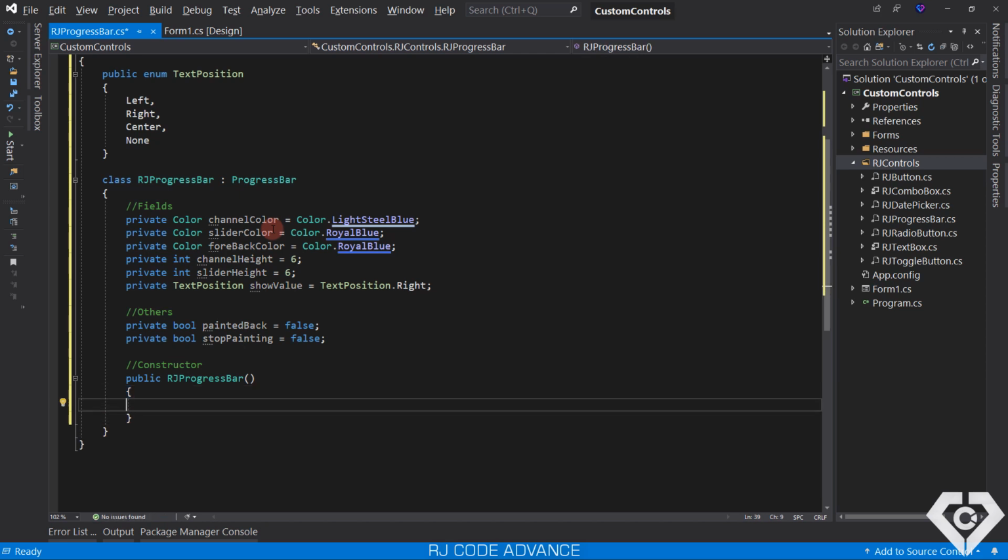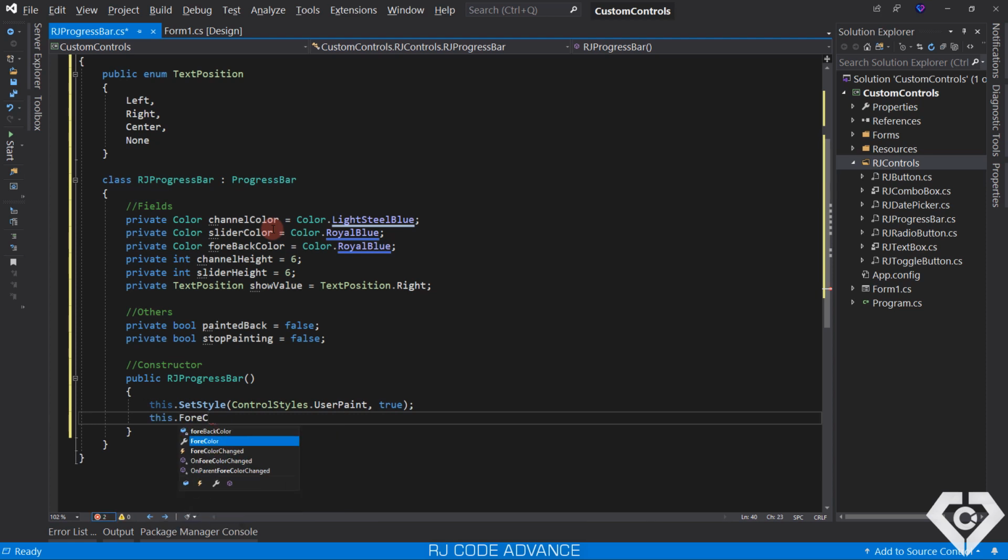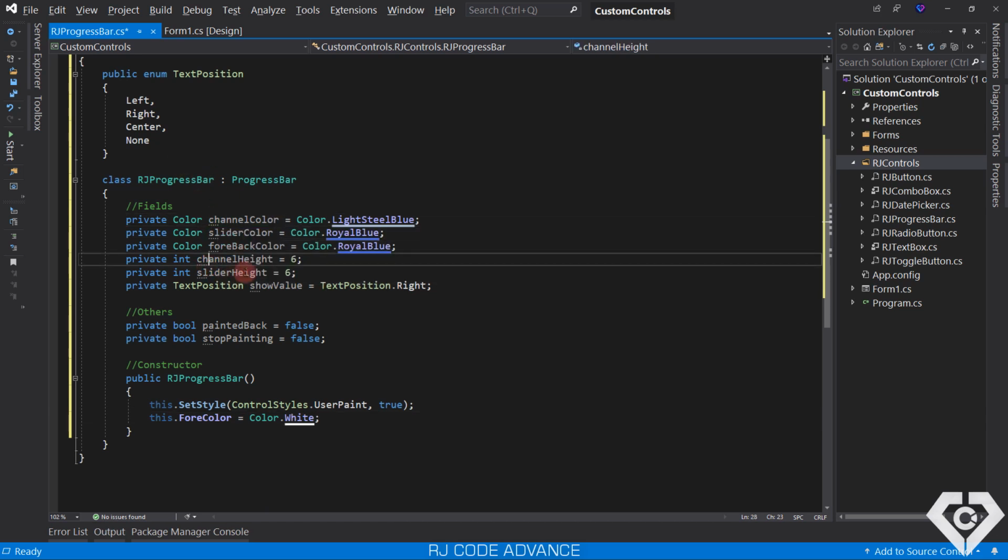In the constructor, we specify the style and behavior of the control. In this case, the control will be painted by the user and not by the operating system. And finally we set a default text color. Okay. Now we will create the properties of these fields, so that we can change the appearance of the control